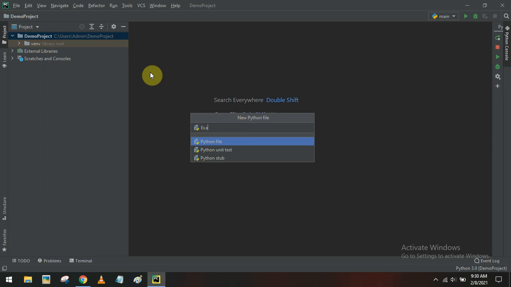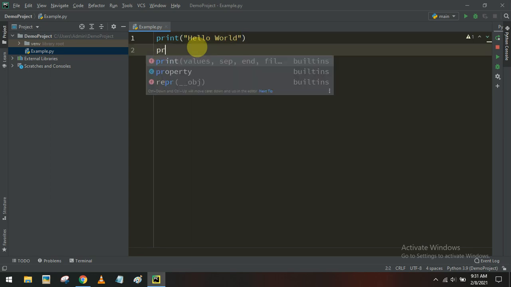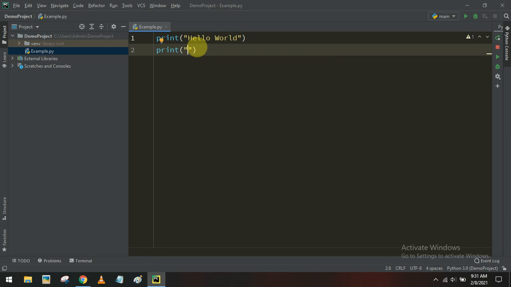Here I am going to create an example Python program. I'm going to give the name example and select Python file. When I select it, the example.py file will be created, and here we can write the Python instructions and execute them. For example, here I want to print hello world, and after printing hello world I want to do some other logic also.